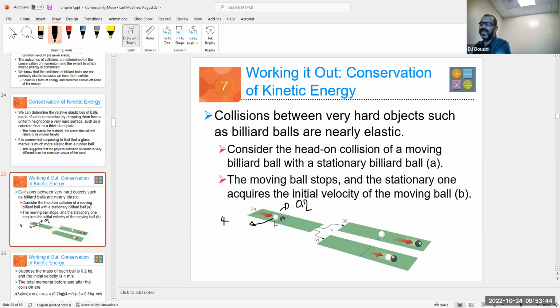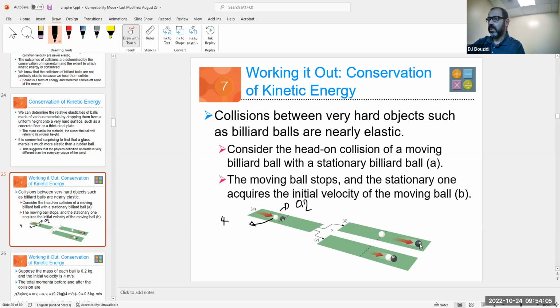The professional pool players really know that. The word used to describe the spin of the ball is called the English. How much English would you give it? Anyway, the point here is, provided you don't give it any spin whatsoever, it goes straight. So in this case, the ball will stop in its tracks,